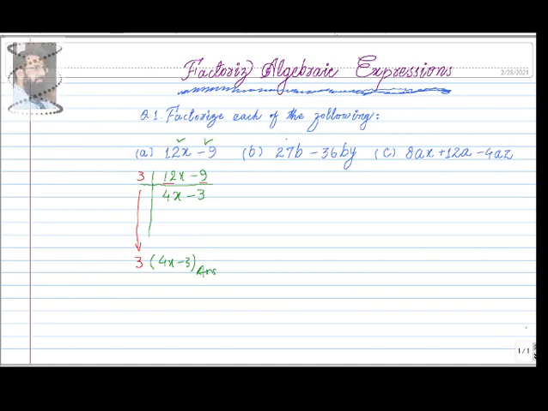Now the same happens in the second example. We can see that there are again two terms, and we'll be using the same method of factorization by using HCF. So we'll be writing both of the terms here, 27b minus 36by. So we'll be looking for the common number which divides both 27 and 36, so that is 3,